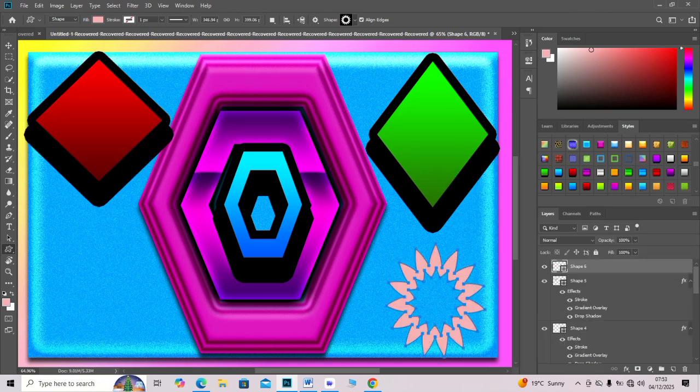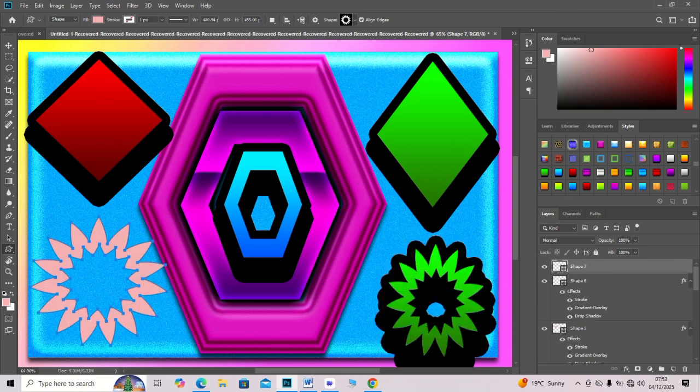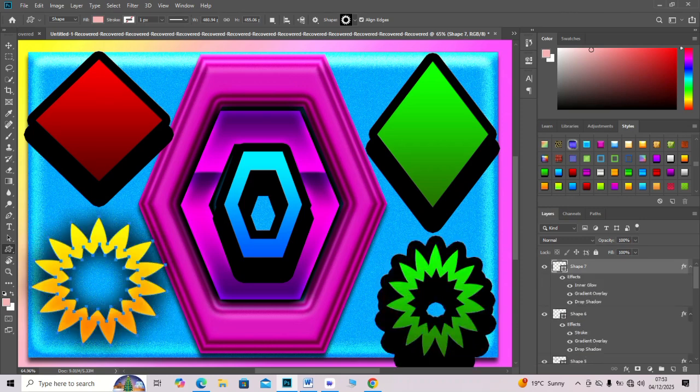Duplicate the entire group for symmetrical balance, flip it horizontally to maintain equal spacing. Use the align panel to perfectly center everything. Add a soft shadow beneath